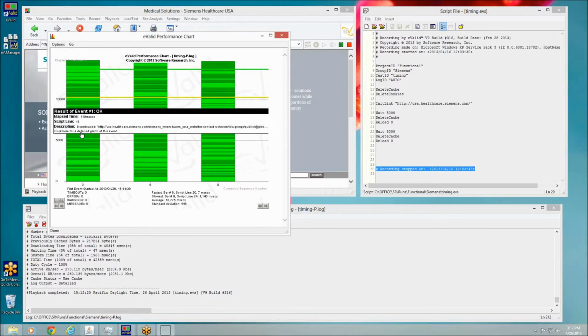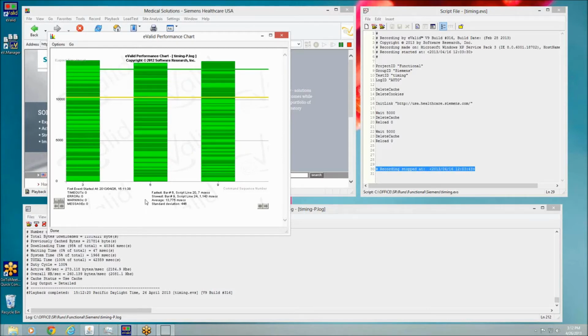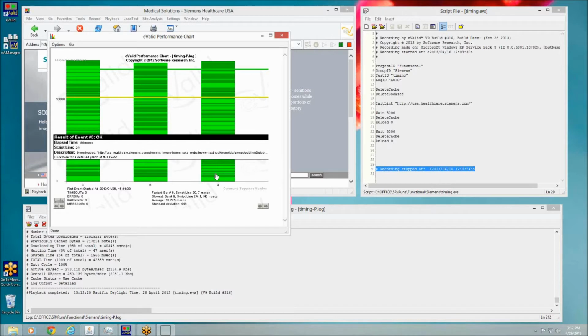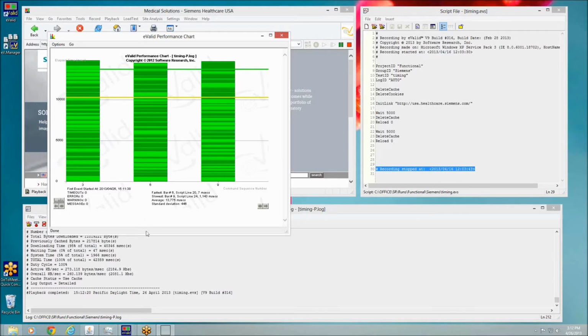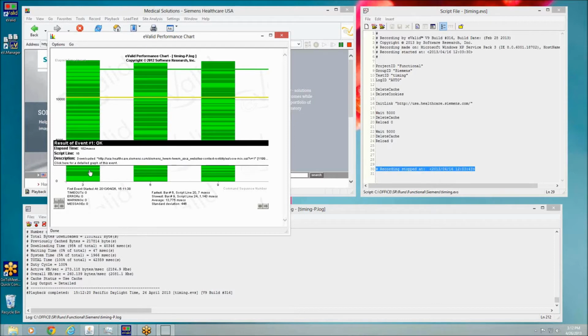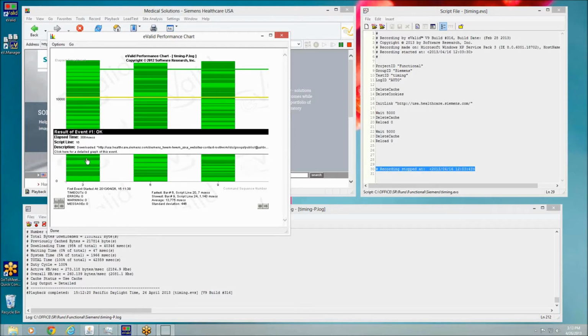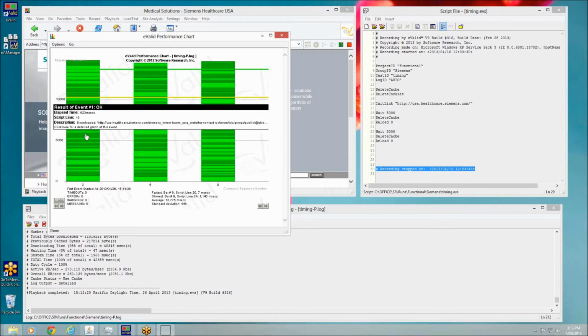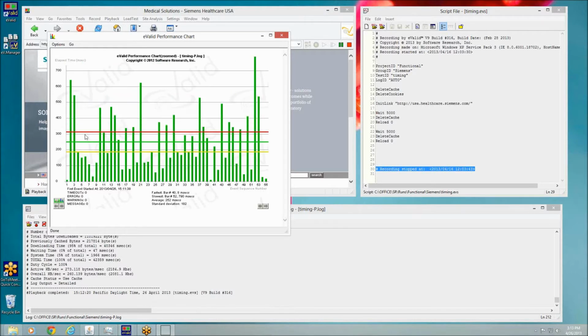illustrates the 3 pages that I visited. There's event number 1, event number 2, and event number 3. Visiting the page 3 times, you see a wide variety of times involved. For example, as I move up the page in this stack chart, all of the individual times for any particular element are shown there. Now, if I click on the stack chart, I can actually spread that entire chart